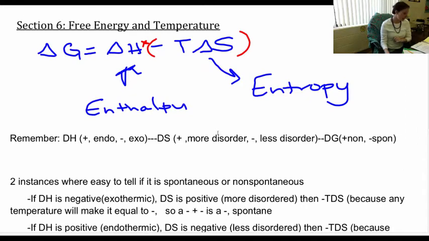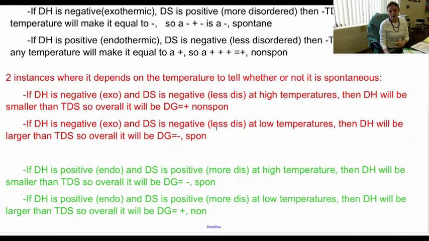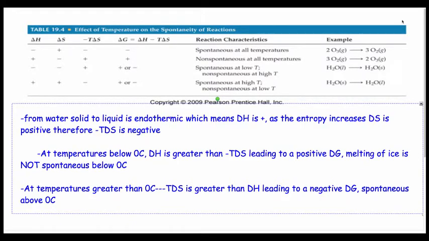We'll work through these a little bit in our problems. It sounds more complicated than what it actually is. All right, so the next one we'll look at is an example. When water as a solid goes to water as a liquid, that's an endothermic process, which means that delta H is positive, putting energy in to get your